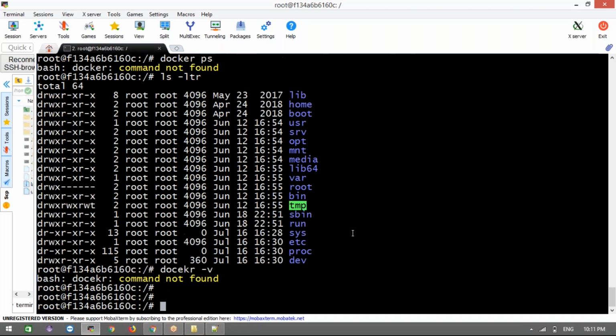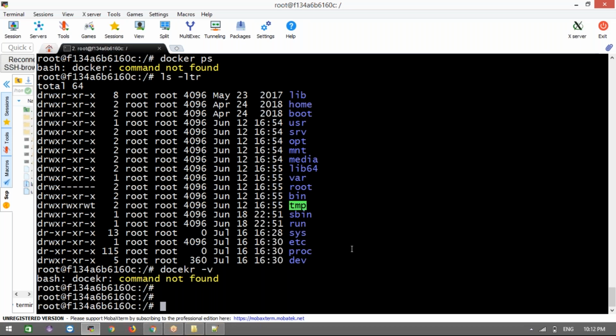Now what happened here? For my requirement, I downloaded one Ubuntu Docker image and ran it as a container. My requirement is to install some software in this Ubuntu container, such as Node.js, Maven, or Git, and use it inside this container. This is also one Linux server, right? In this container, I want to install some software. That could be anything. Here I am going to install Figlet.